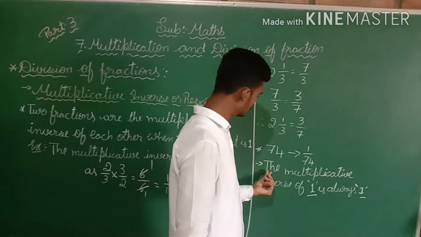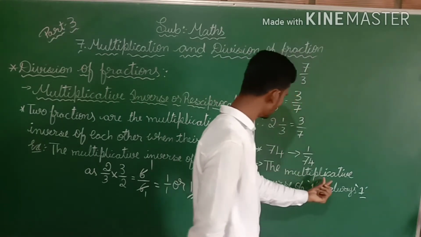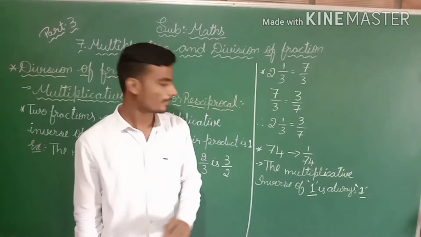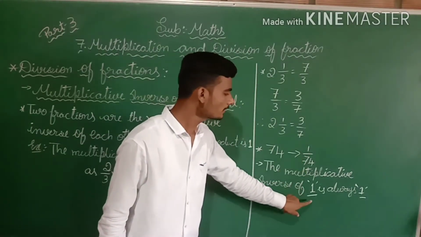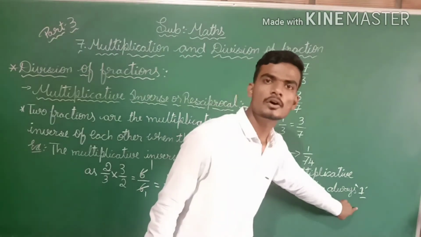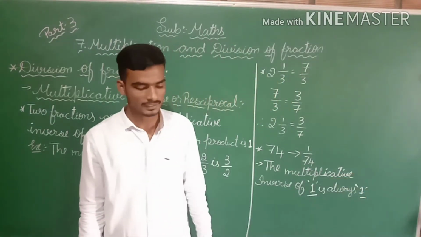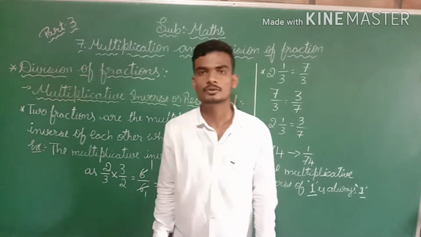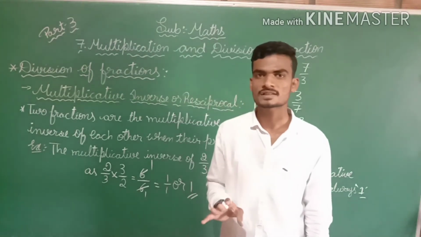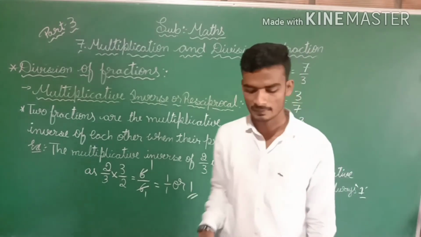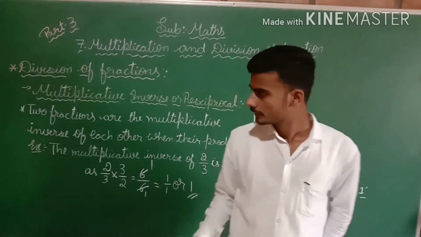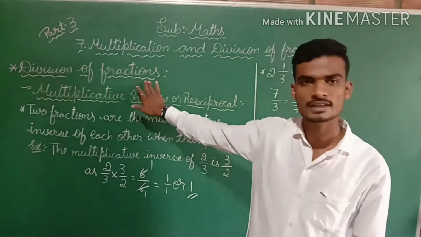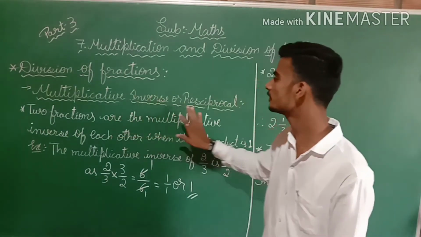Then what you have to do? Then the multiplicative inverse of 1 is always 1. The multiplicative inverse of 1 is always what? Always it remains as 1 itself. There is no multiplicative inverse of 0. Okay, there is no multiplicative inverse of 0. This you have to remember very well. Now this is all about division of fractions. In this division of fractions we have discussed the multiplicative inverse or